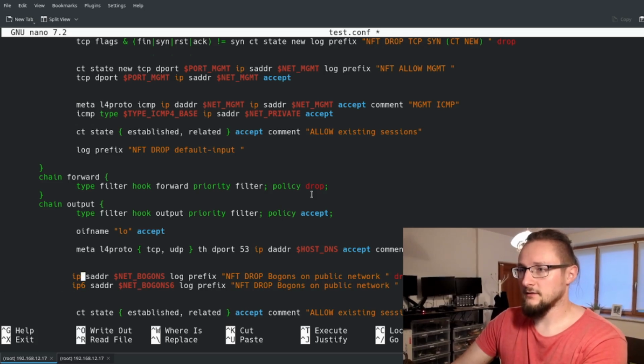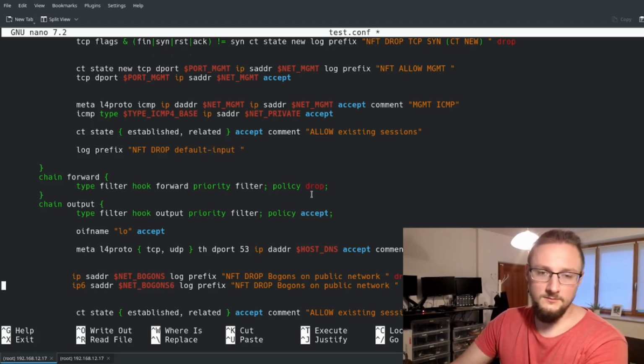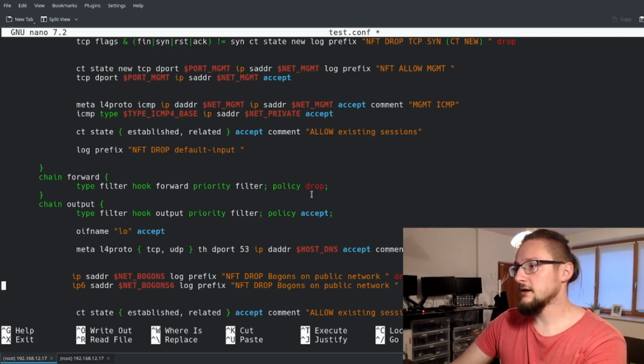In that case, IP source address, not destination, as we don't want to get any of these